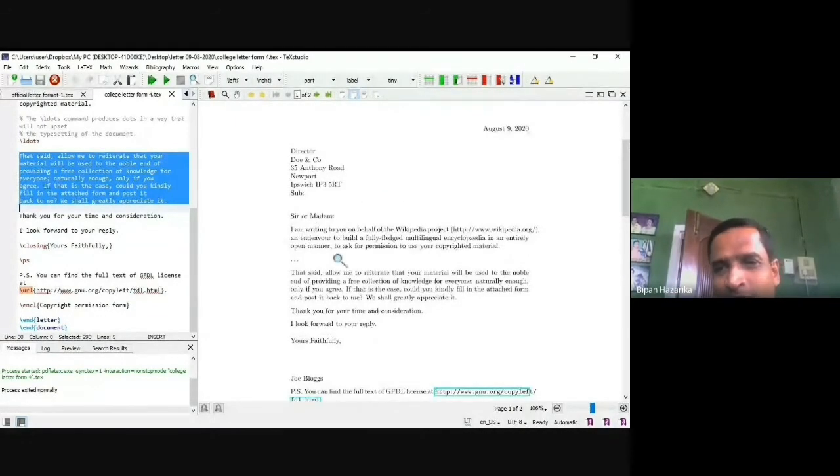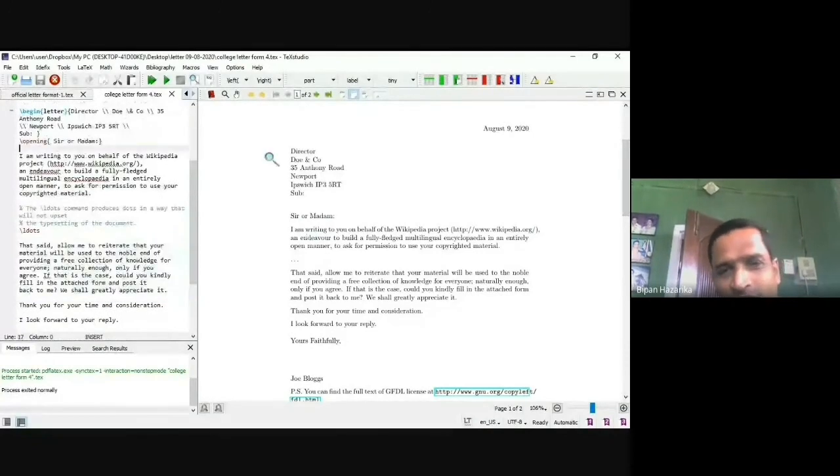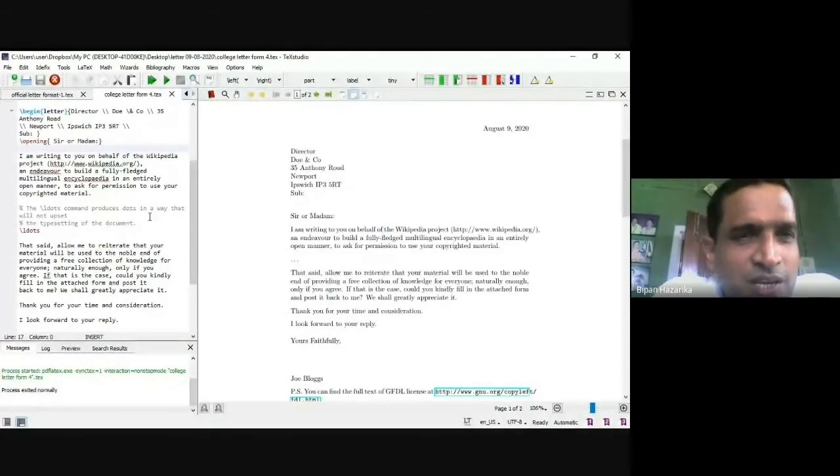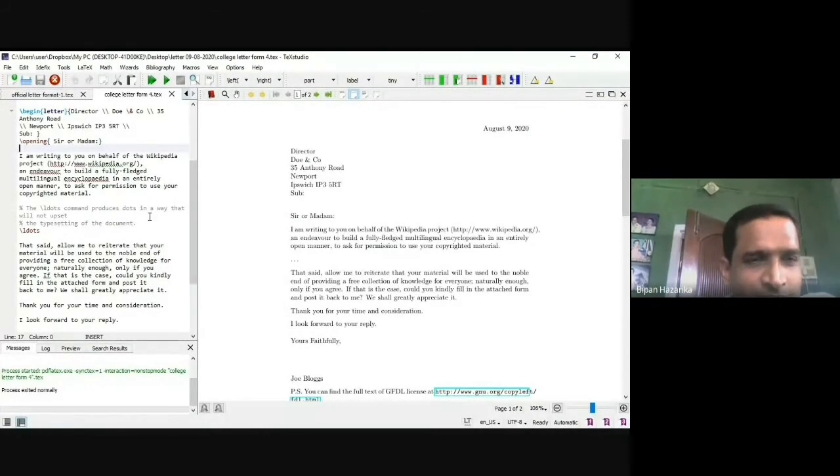If you make an adjustment, you can arrange it, justify this paragraph, or if you want, you can start from the left side. If you put different commands here, these outputs are shown automatically. So these are two letter formats I have shown you, and these files I forwarded to the organizing coordinator, so he will distribute them to you.